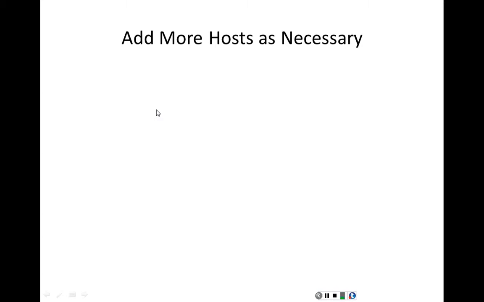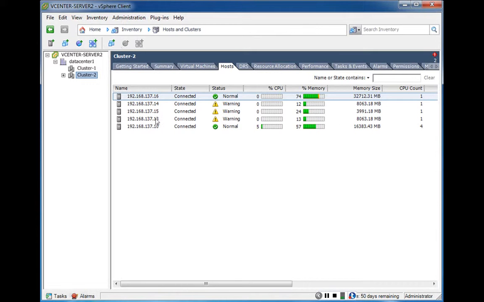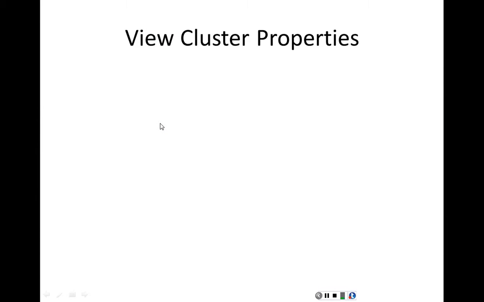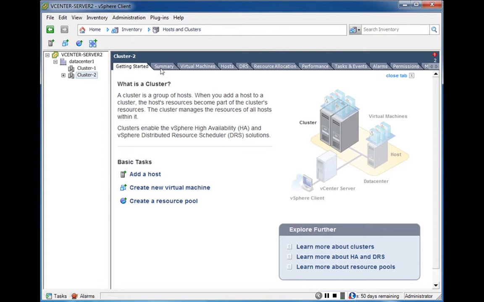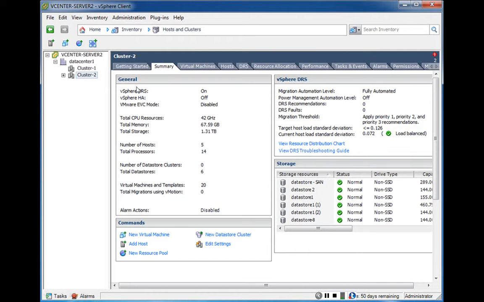So I have added 3 more hosts to the cluster, and now we can see we have a total of 5 hosts in the cluster. So we've created the cluster, we've added hosts. Let's now look at the cluster properties. If we look under Summary, we can see Distributed Resource Scheduler is on. Our total resources, we can see our total CPU resources, our total amount of memory, that there are 5 hosts